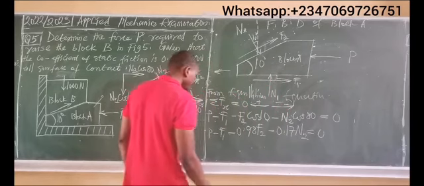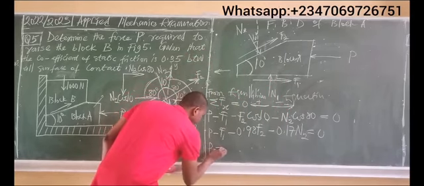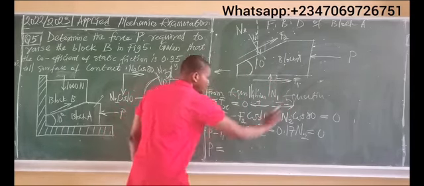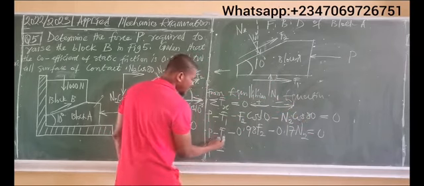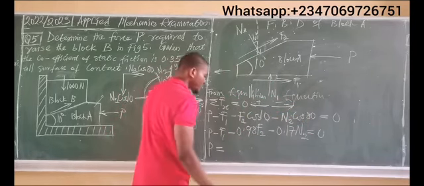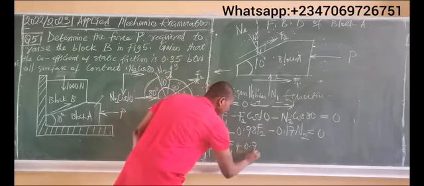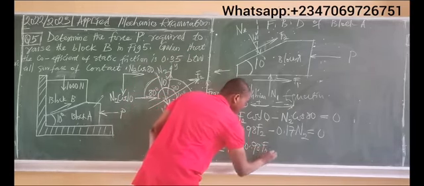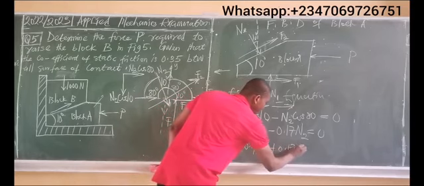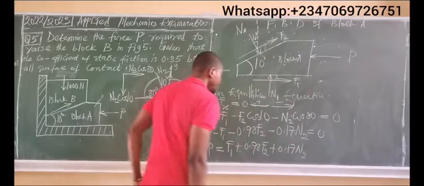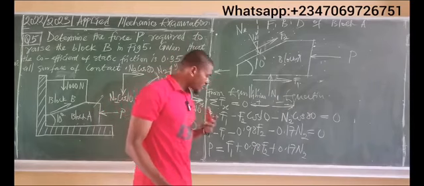Okay, so you can simply say P is now equal to, let's send all of these terms over to this side of the equation. Negative signs cross the equal sign and become positive. So I simply have F1 plus 0.98 F2 plus 0.17 N2. Okay, but have it in mind